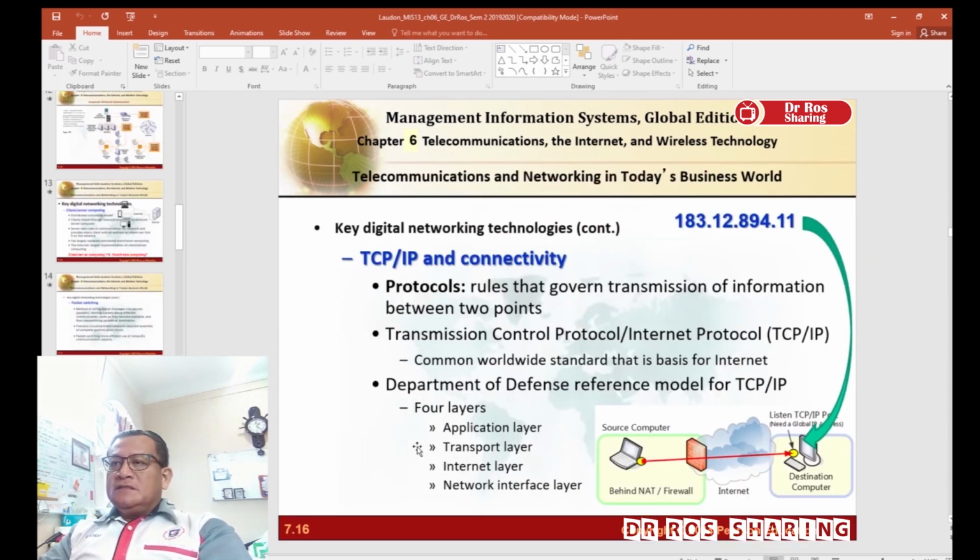Another key component in telecommunication and networking technology is the TCP/IP protocol and its connectivity. TCP means Transmission Control Protocol. IP means Internet Protocol. So this is just like a controller or gateway to send your message, communication between sender and